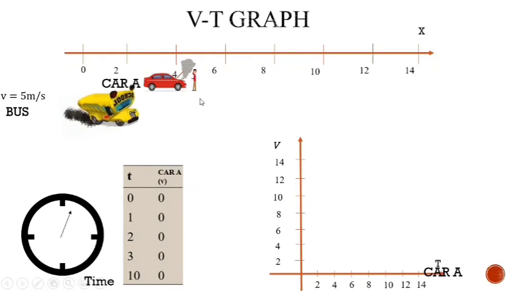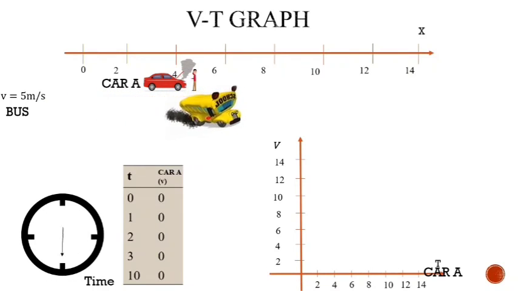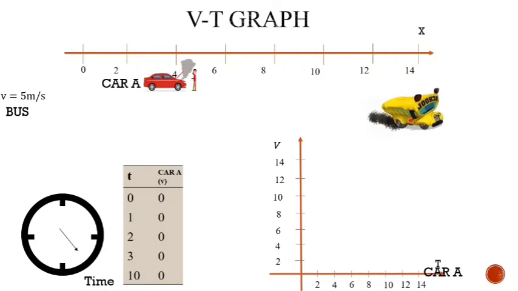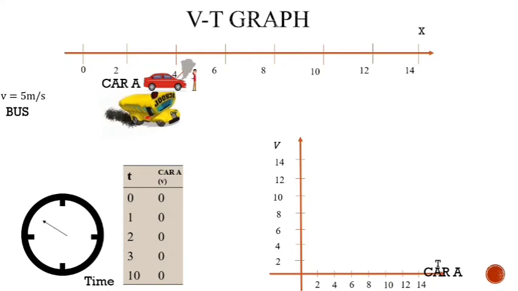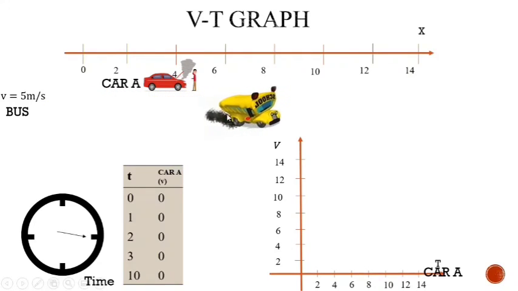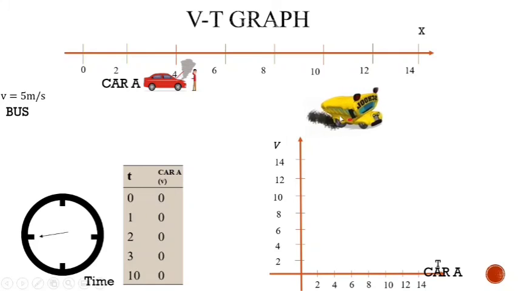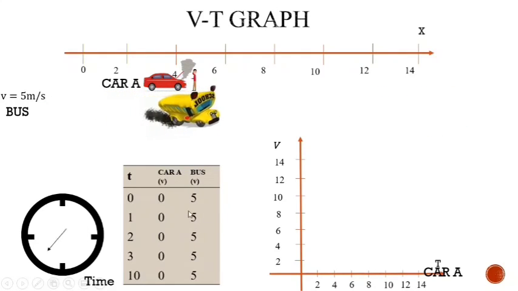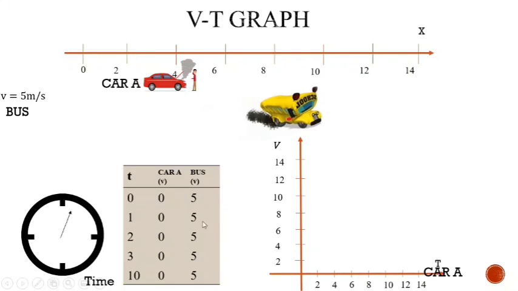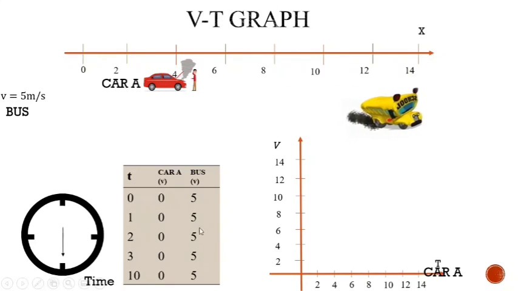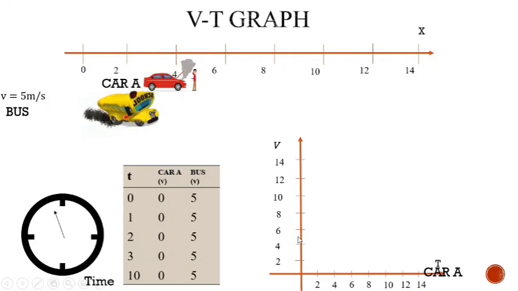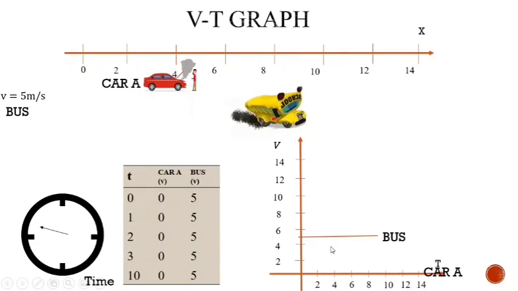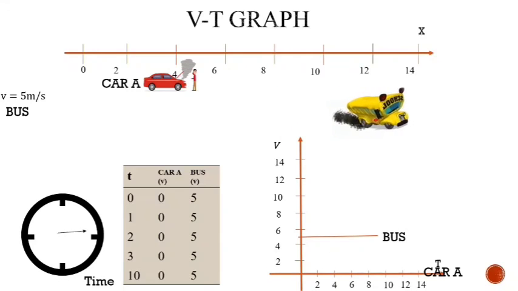So next example is the bus. Suppose the bus is moving with velocity 5 meters per second and the velocity is uniform, that means there is no acceleration. Here you can observe that the velocity of the bus is constant throughout its journey. That means whatever may be the time, again the velocity is constant. So for the constant velocity, we can represent this particular phenomenon with a horizontal line at velocity equal to 5. Any horizontal line will indicate the velocity is constant.